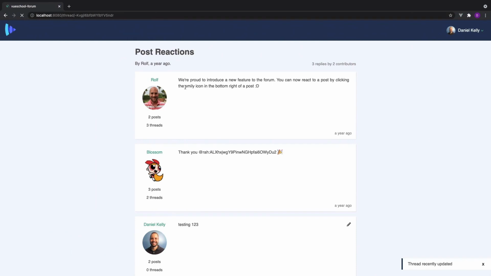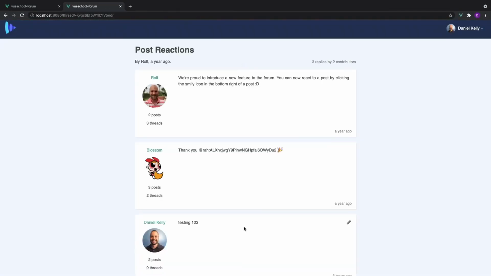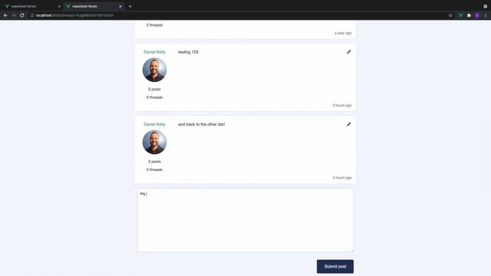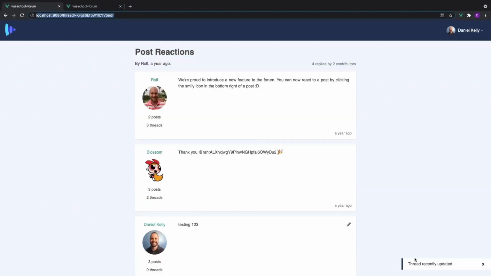Now, in the browser, when we reload the page, we do not get the notification. However, if I open up the same page in a new tab and add a new post, you'll see I get the notification in the other tab.